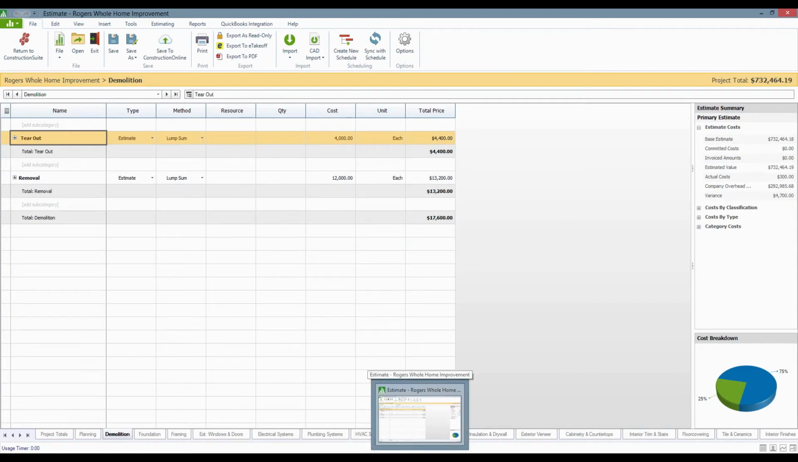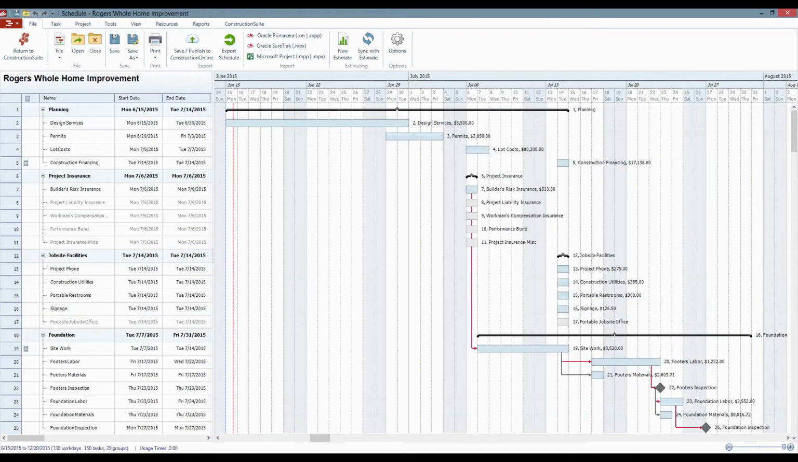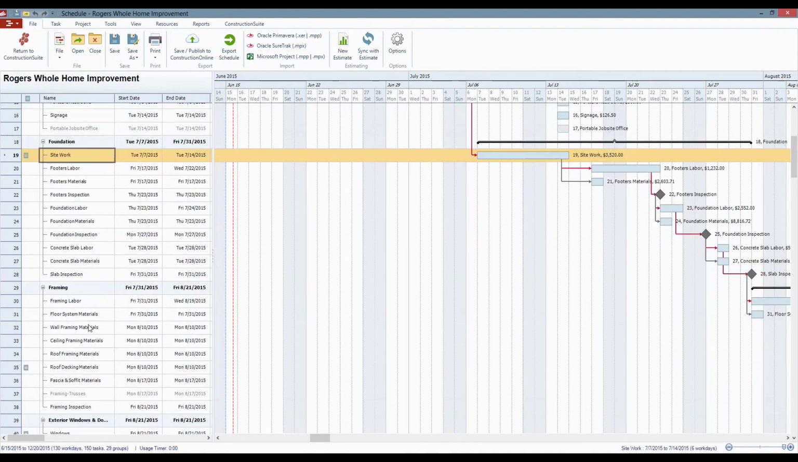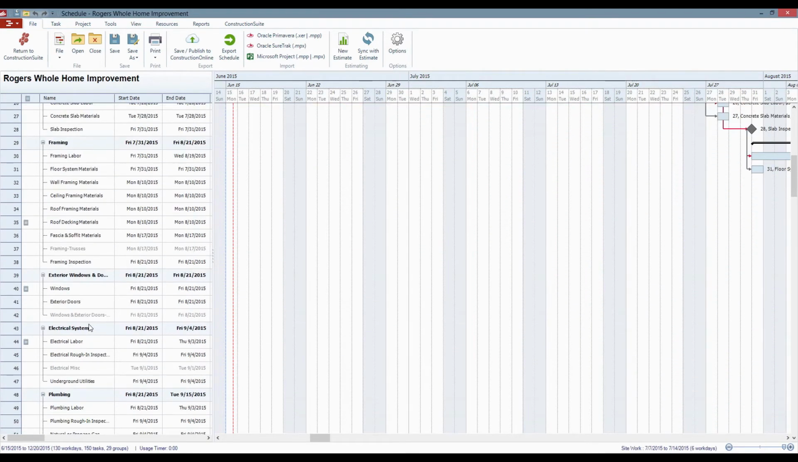because again, the detail that we've invested in this estimate, we put all this information together, there's no sense in re-entering this. So let's push it all over to the schedule, and then from here we can map out the whole project. You'll see some of these similar categories or groups. I've got planning in here. There's a couple of new ones, project insurance and job site facilities. But then we dive down into foundation, which includes some of my site work, framing, exterior windows and doors,